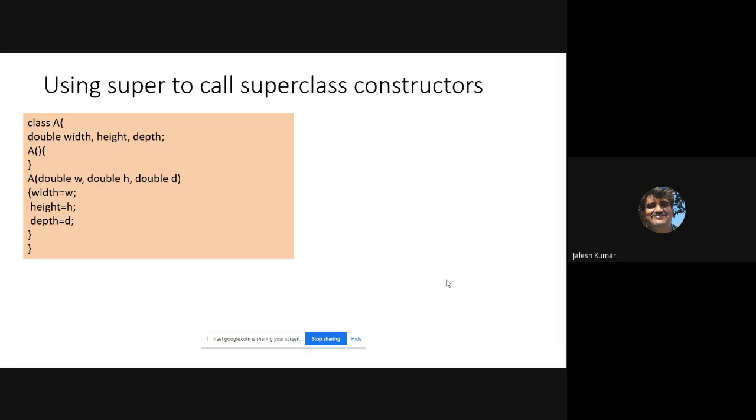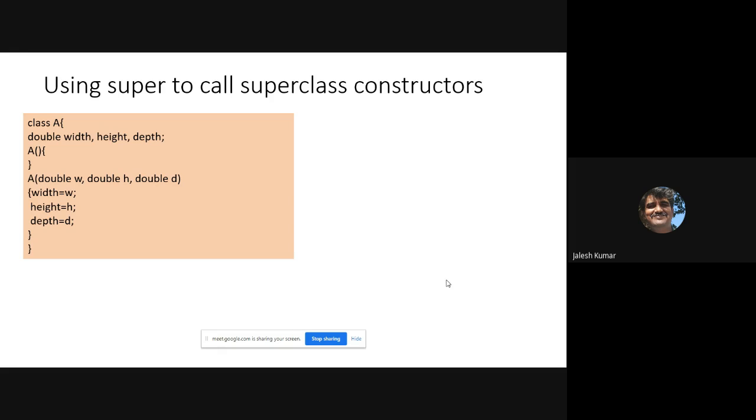We already observed that if we have a class A, we write one default constructor and a parameterized constructor which takes three arguments, that is width, height and depth, and the local variables are initialized to the instance variables.